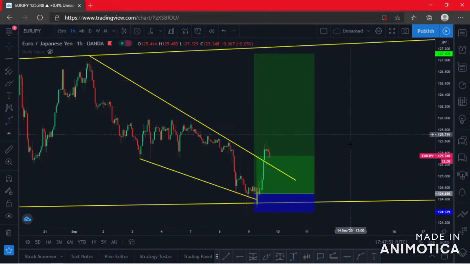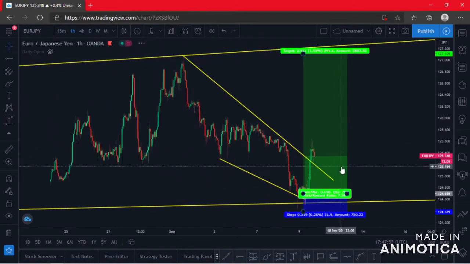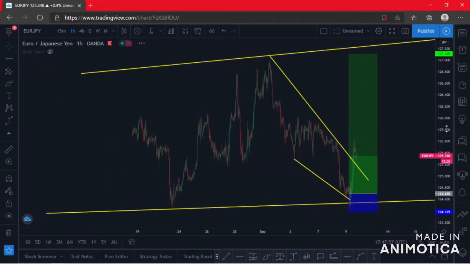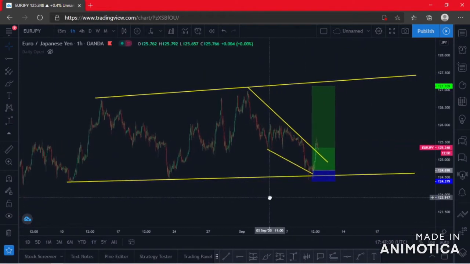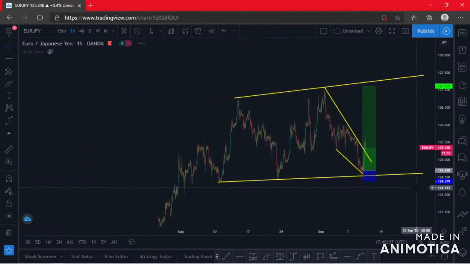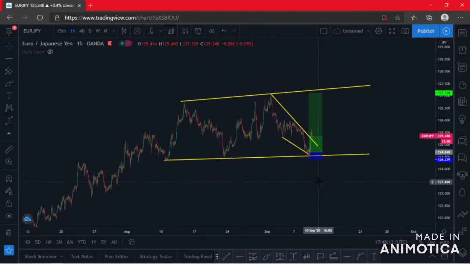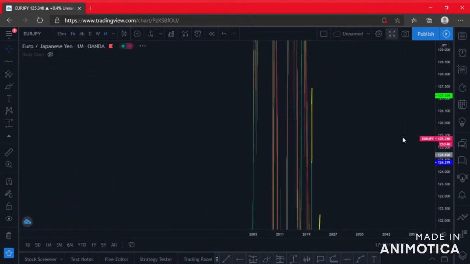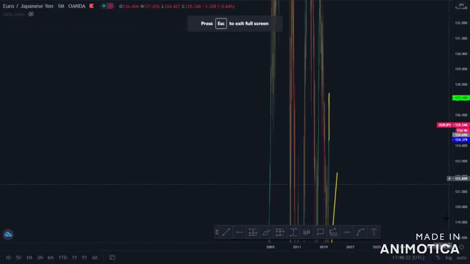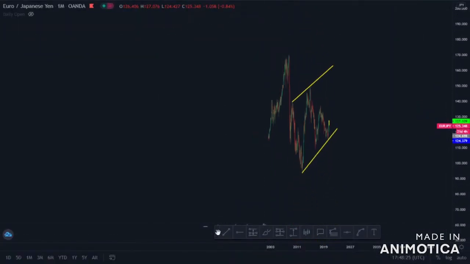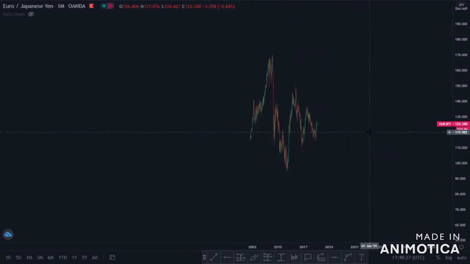Yeah, but yeah, I'm just gonna break down this pair and show you guys entries you can use for the Pinbars. All right, and then we'll just take a quick look at Nasdaq and what she might have in store for us. All right, so let's just start off on the monthly time frame. All right, so let me just clear this off. All right, so as we can see on the monthly time frame,